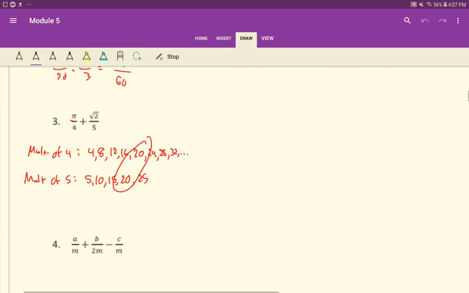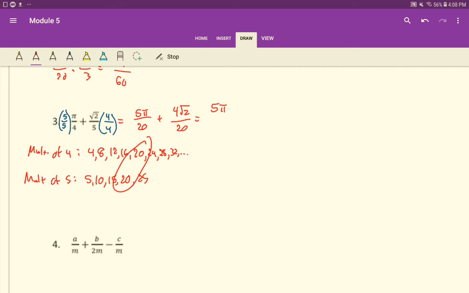So we can multiply the 4 by something to get 20. We can multiply the 5 by something to get 20. In fact, we'll multiply the 4 by 5 over 5, so we get 20 there. And we'll multiply the root 2 over 5 by 4 over 4, so we get 20 there as well. So we'll get 5 pi over 20 plus 4 square root of 2 over 20, which